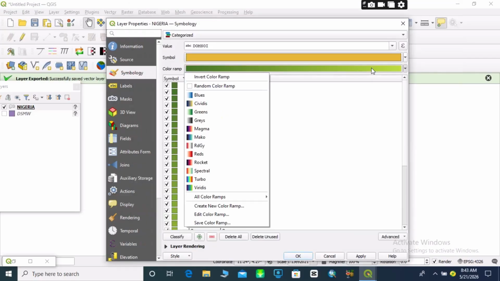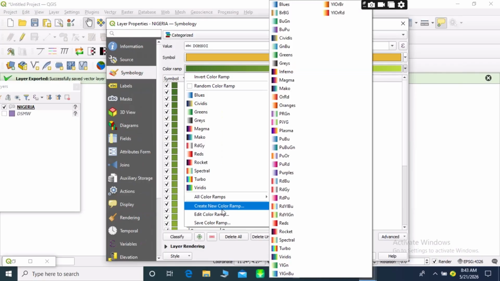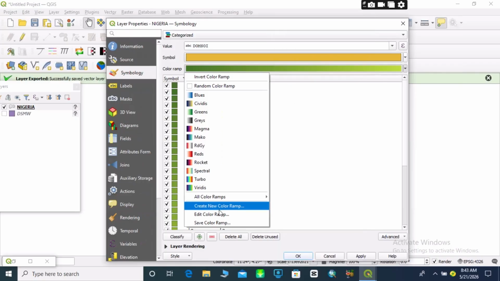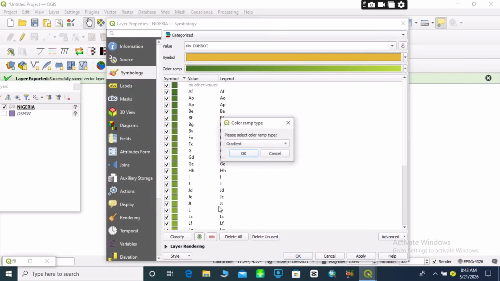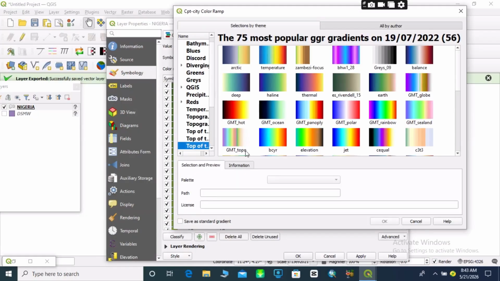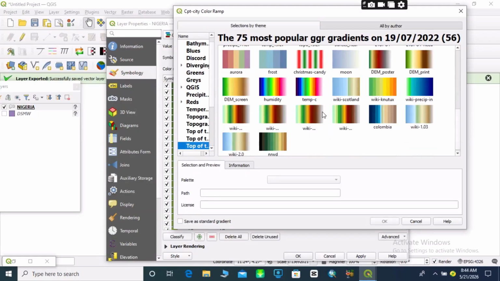You right click on the color ramp, you can see so many colors. Then come over to create new color ramp. Then change the gradient to catalog cpt-city. Okay, then you have for this color,